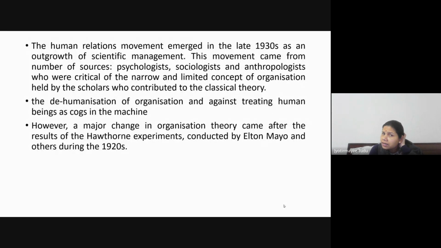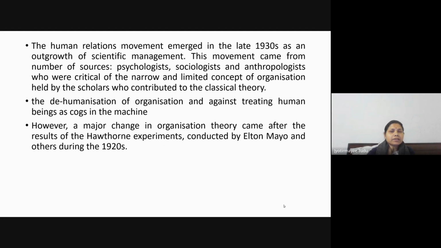This is about how the human relations movement emerged in the late 1930s. I also suggest you read world history, the time period between the latter part of the 18th century and the initial part of the 19th century, so that you would be able to see how different kinds of historical events led towards the genesis of those theories. Human relations theory is also a product of that, and it emerged in the late 1930s as an outgrowth